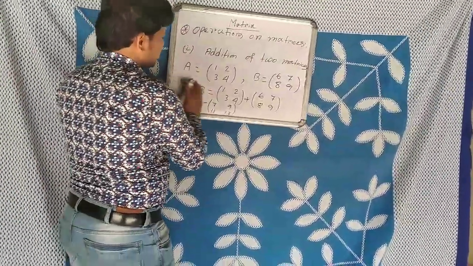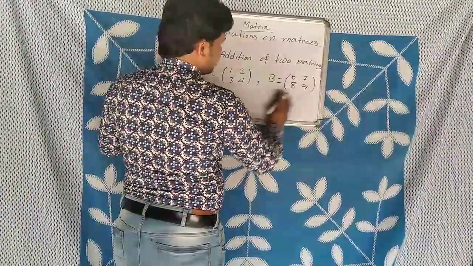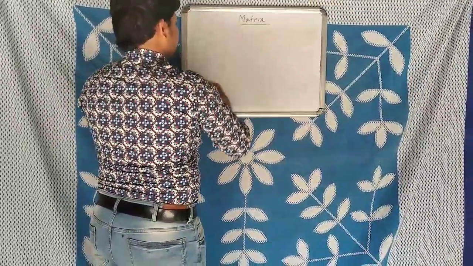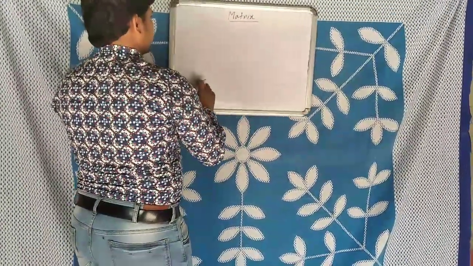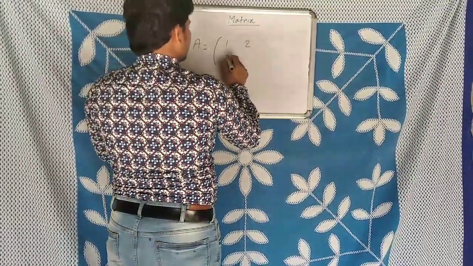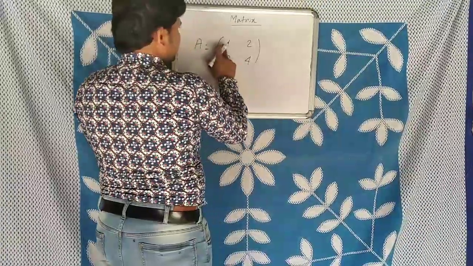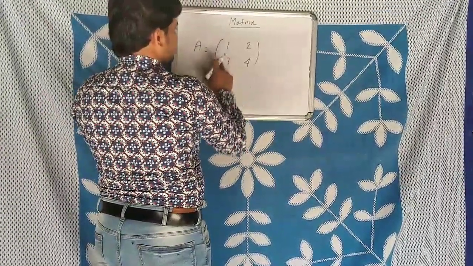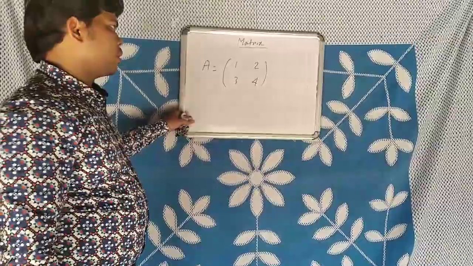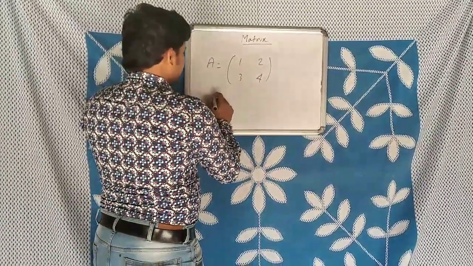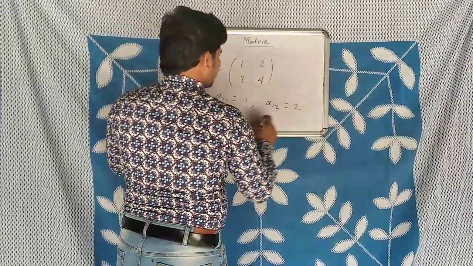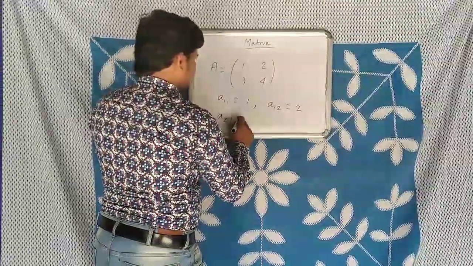And today's last important thing, then we will conclude our session. Just I am taking an example of a matrix. Suppose 1, 2, 3, 4. This position is called 1, 1 position. In the definition of matrix, I have given the general form of matrix A11, A12. Here A11 means 1, A12 means 2, A21 means 3,